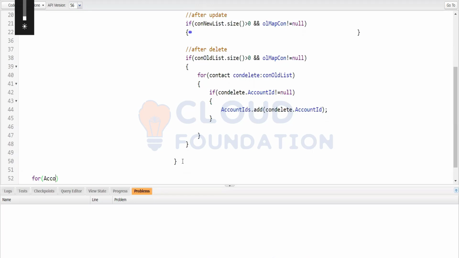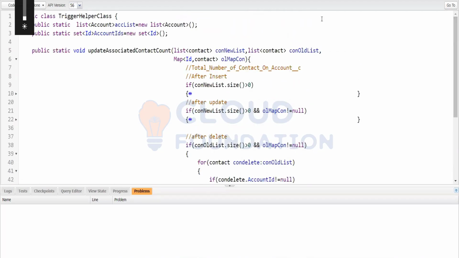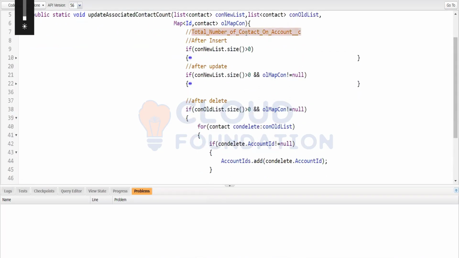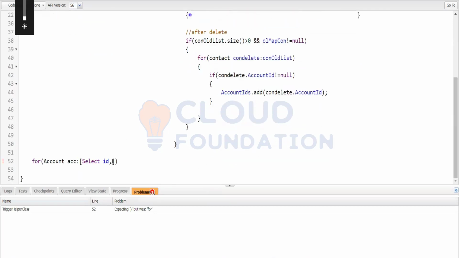Now I have to loop my accounts. Account acc dot select id comma. Okay, we have this field. We have created this field. It will come into the picture now. Copy. Why are we querying this field? Because we have to update on this field only, right? How many contacts, how many fields we have. And on which object do we want the inner query? Contact, right? Select